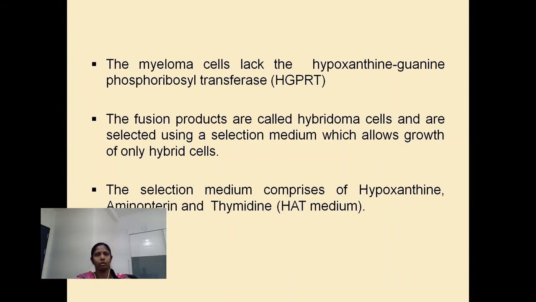So, in that mixture of cells, only the hybrid cells become capable of synthesizing DNA since they gain the HGPRT gene, which is functional, from the B cell part of the hybridoma cell. Products of multiple cell fusion cease to survive and continue to grow due to genetic instability. As such, the HAT medium allows selection and survival of only the hybridoma cells.